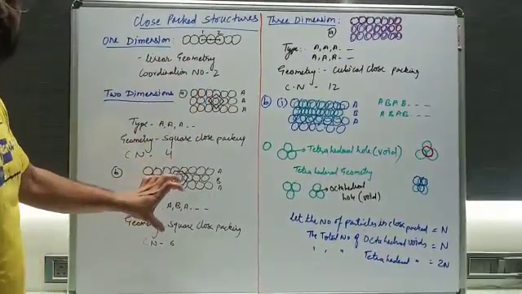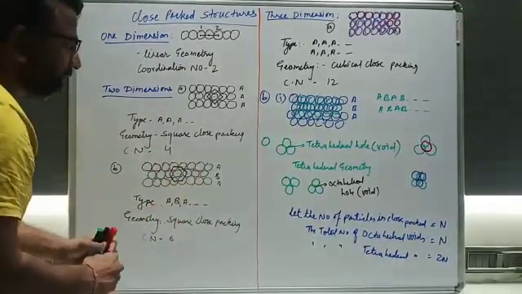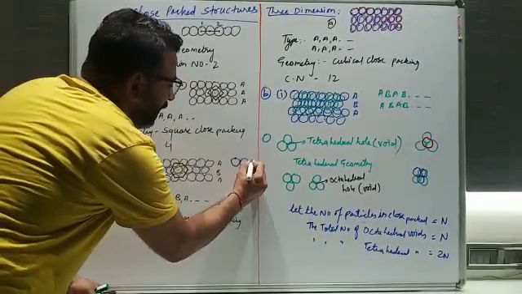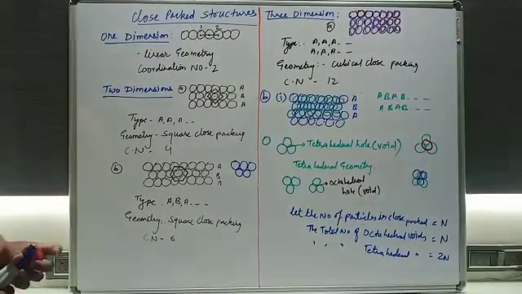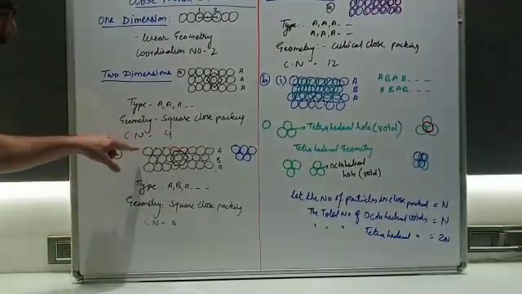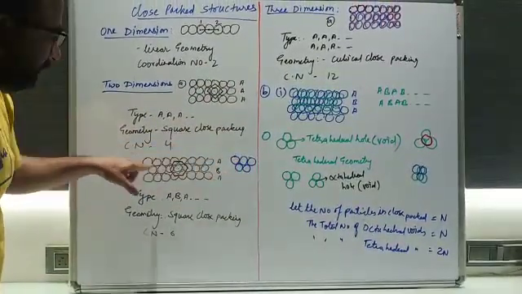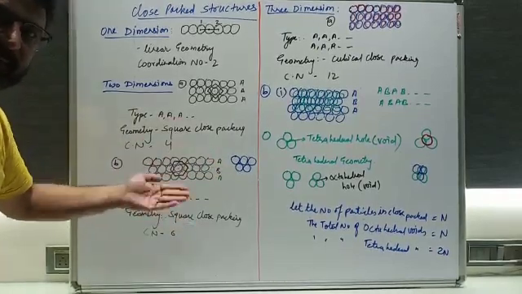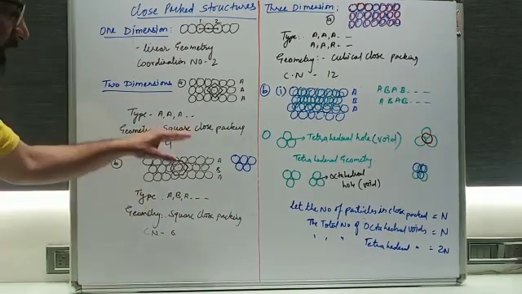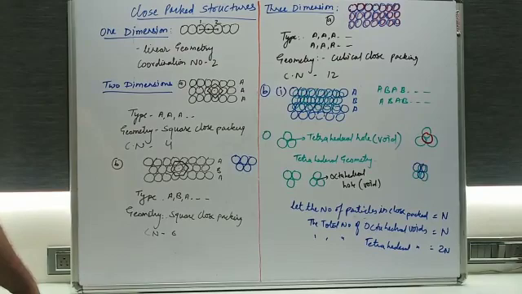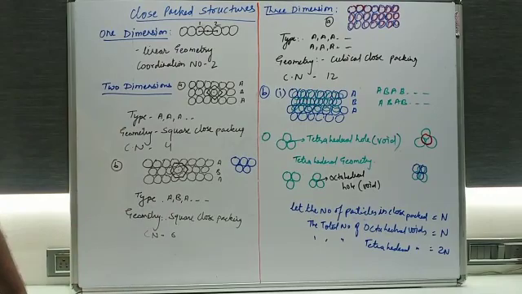Now come to the second part of the 2 dimension. Here you will see the particle line 1 2 3 4 5 6 I have taken in that way. So in between you can see 1 particle, 2 particle, 3rd particle. So 1 particle will come this side, another particle will come that side. Okay, this is the second type of packing structure. This is considered to be the A line, and now in between the 2 particles it is coming as a B line, and again the A line will be repeated and the B line will be repeated. So alternately AAA and alternately BBB lines are there. So this arrangement is called AB type. Okay, so the type is called AB. Okay, now what kind of geometry is it giving?